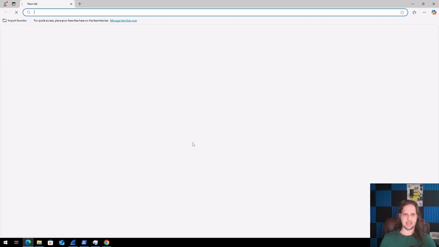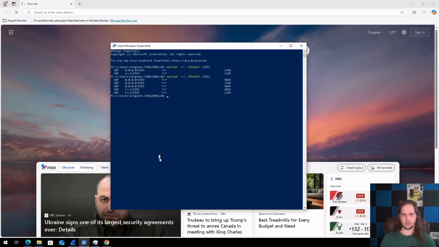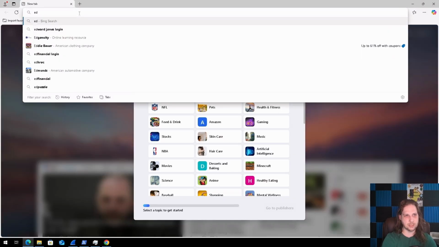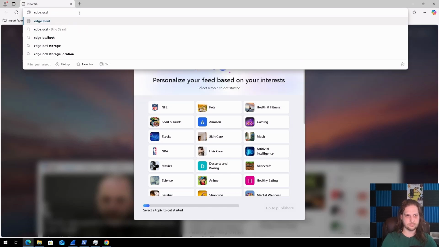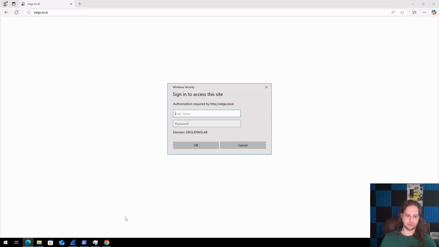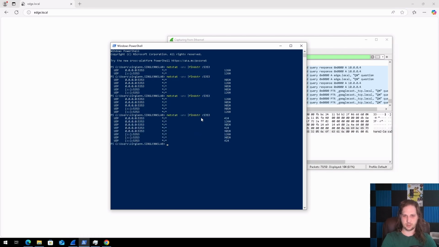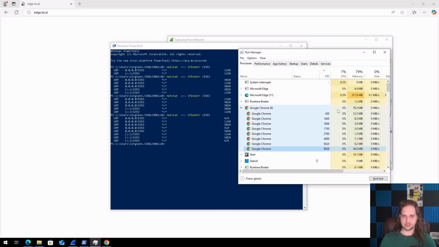What about Edge? Does Edge do the same thing now? We open this up. Okay, we still see just the same ones. Maybe this won't. Let's go edge.local. Shoot. Okay, well, is it bringing its own? It is. It has now brought its own processes as well.